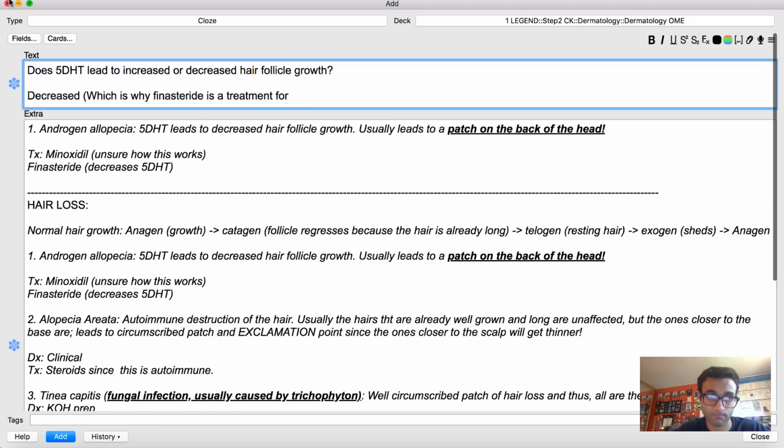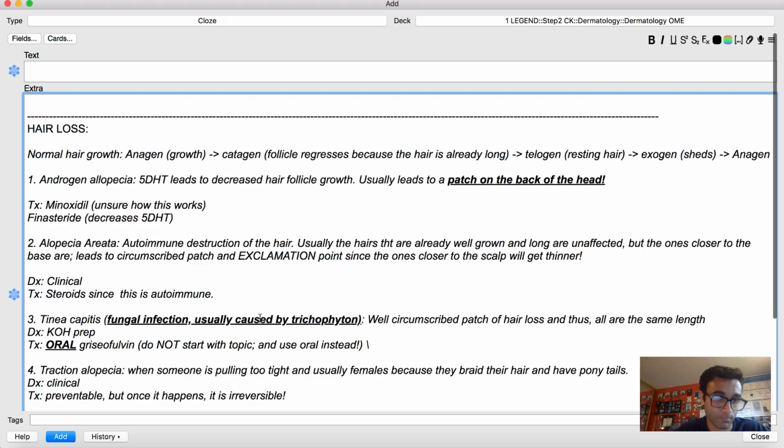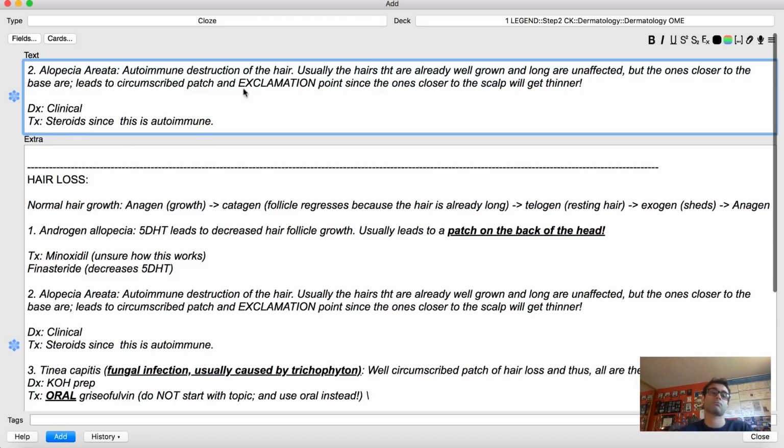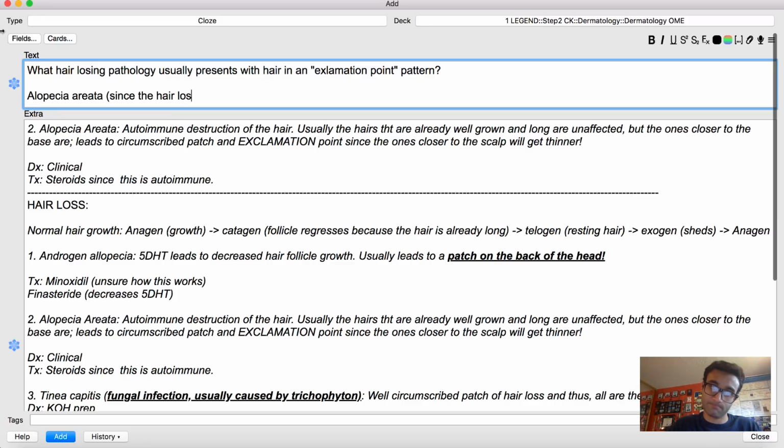Now I'm talking about dihydrotestosterone and the fact that it actually decreases hair follicle growth, and that's one of the underlying pathophysiology of androgenic alopecia. And now you'll see I'm moving on to the second disease, alopecia areata. And now I copied and pasted the segment related to alopecia areata right at the top of my extra column, and every question I make is based off of the notes I took about alopecia areata,